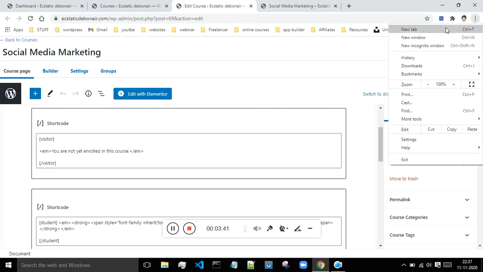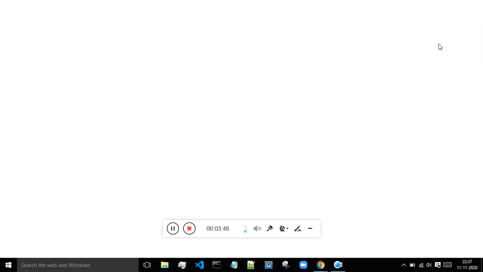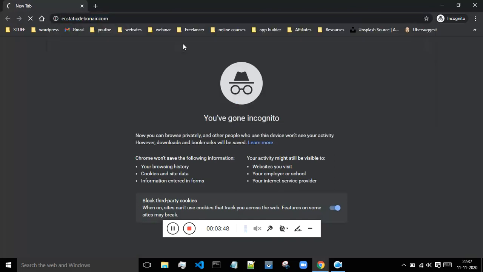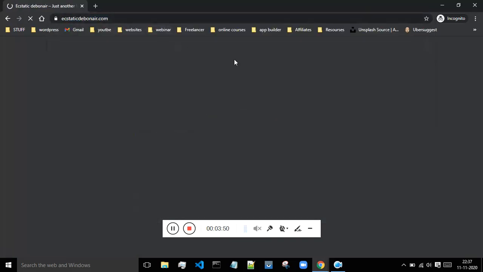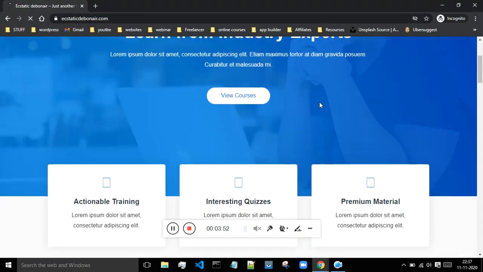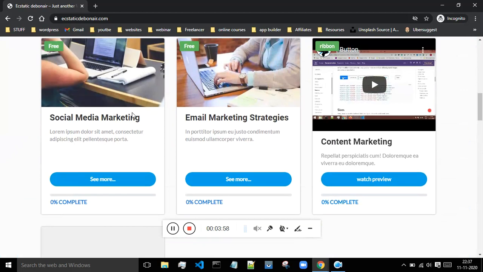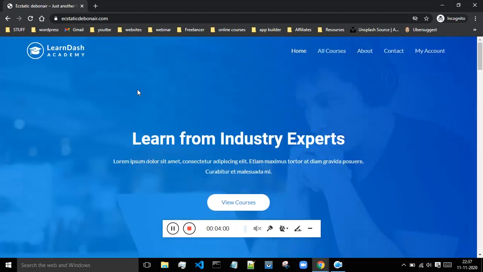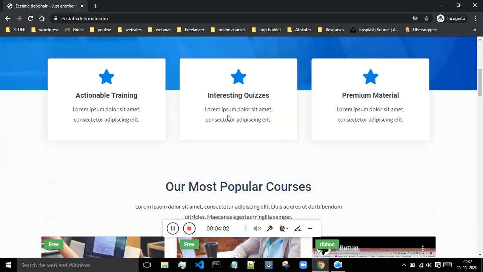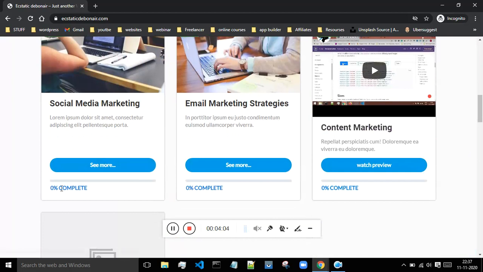Now let me open the website in this incognito mode. Whenever you open the website in incognito mode, it doesn't have any connection with you, and no data has been stored or used from your browser. Now whenever any visitor visits your website, this is how it will be shown to them. It shows the percentage of the course that is completed by you. And if I click on this see more,